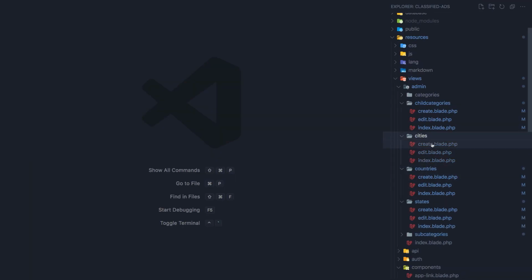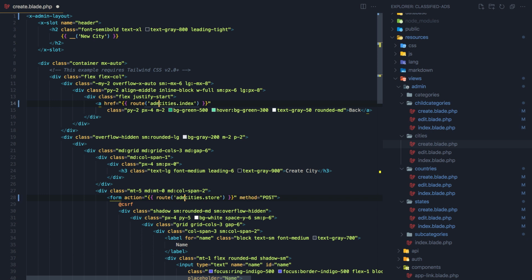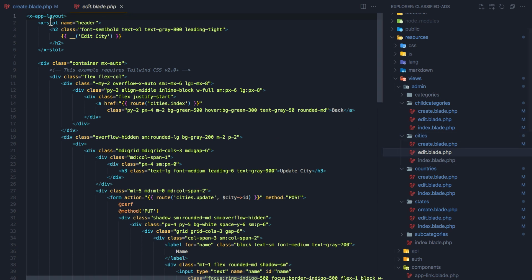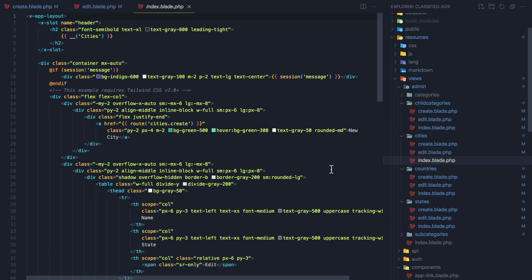Okay, here in the cities, create admin, and also the road, admin dot, hit save, go to the edit blade, admin layout, and in the road admin. Okay, and now in the index admin layout, and in the road